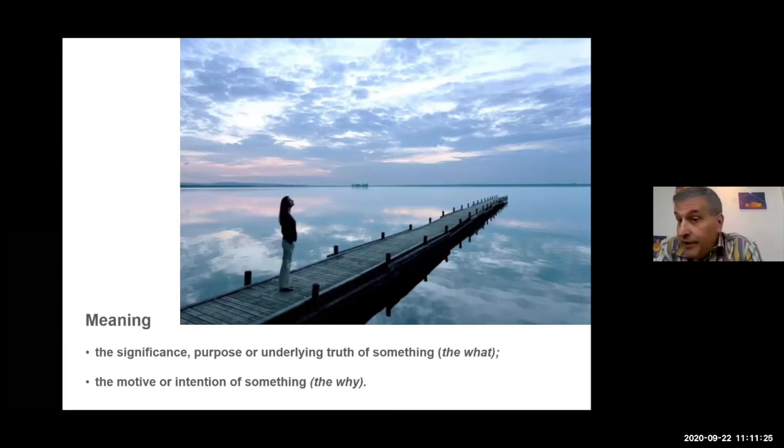And it's important to distinguish two different aspects. In language, meaning is: a cat is the thing with the four legs and the hair and the whiskers. The meaning in terms of the value it has for somebody and why it's important to them is actually the motive or intention. So it's very important to understand meaning can refer to language and what's what. Meaning, though, in the sense we're going to talk about today, is a lot more about why it's important to you and what's the reason for that.